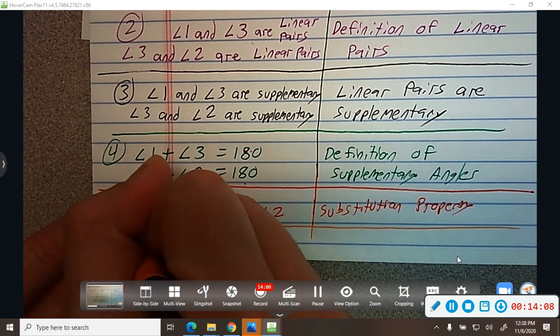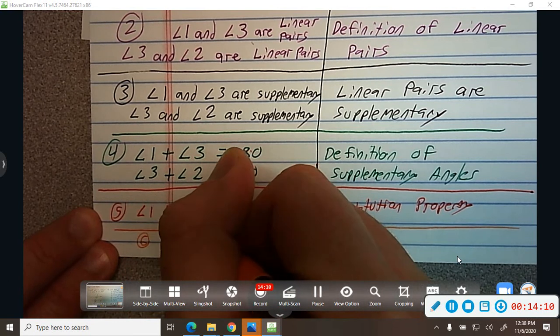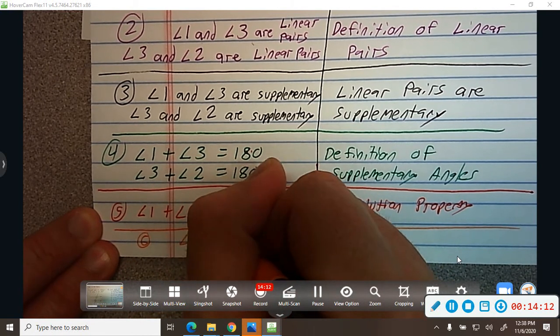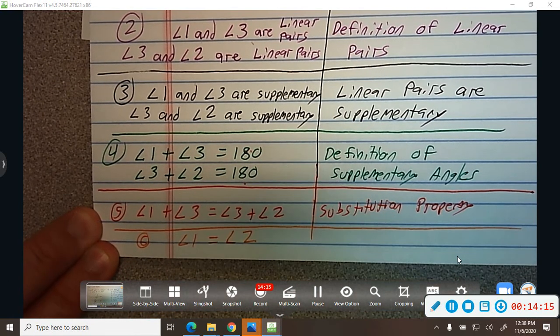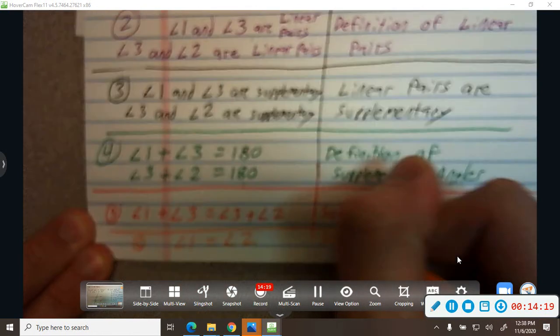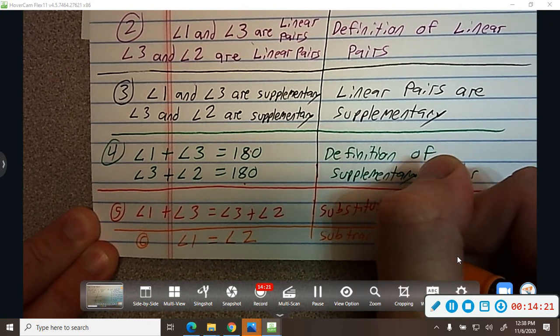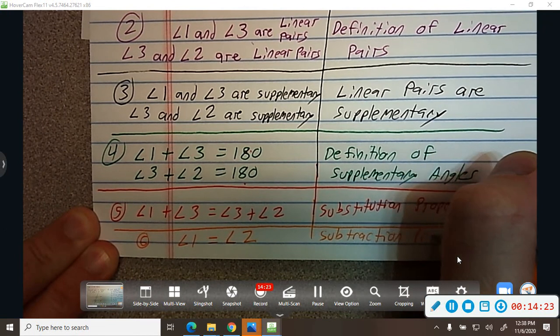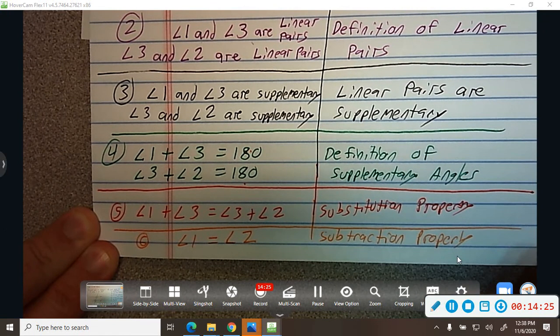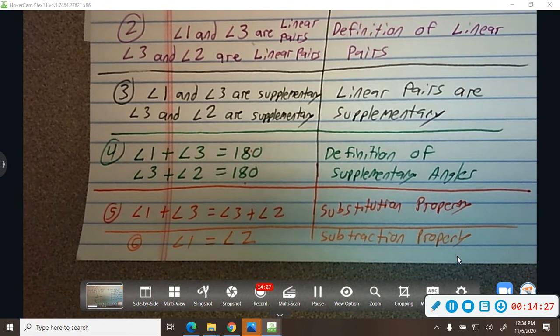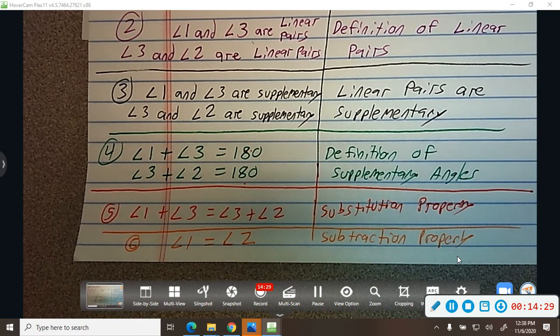So then step 6, angle 1 is equal to angle 2. If I subtract 3 from both sides, we call that the subtraction property. Okay, and so I just proved through quite a few steps that angle 1 is indeed equal to angle 2, and we are